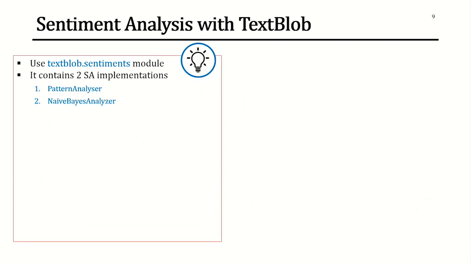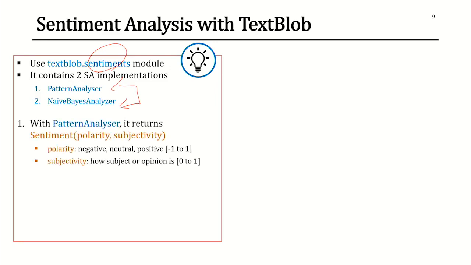And next we will see how we can perform sentiment analysis using the TextBlob functions. From TextBlob, we can find the sentiment using the sentiment function once we create an object. In sentiment analysis, there are two implementations. We can use the default library called the pattern analyzer, or we can use the naive Bayes analyzer to perform that sentiment analysis. With the pattern analyzer, it will return a sentiment object, and it consists of two